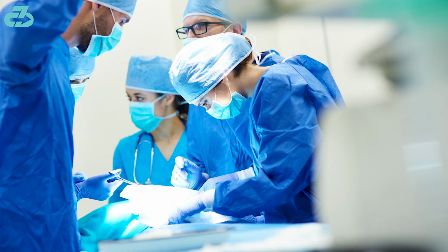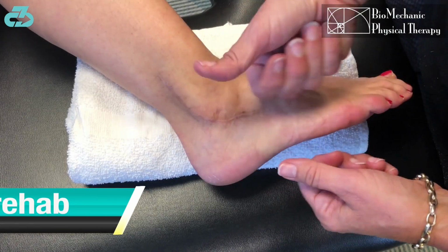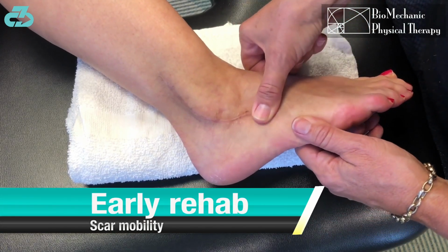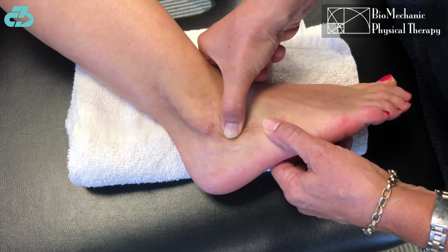Further reinforcing the likelihood of a combination injury is that isolated LCL ruptures are very, very rarely operated on, and we know Ferguson went under the knife in mid-April. Following surgery, Ferguson entered into a grueling rehab process that in the early stages consists of scar mobility,